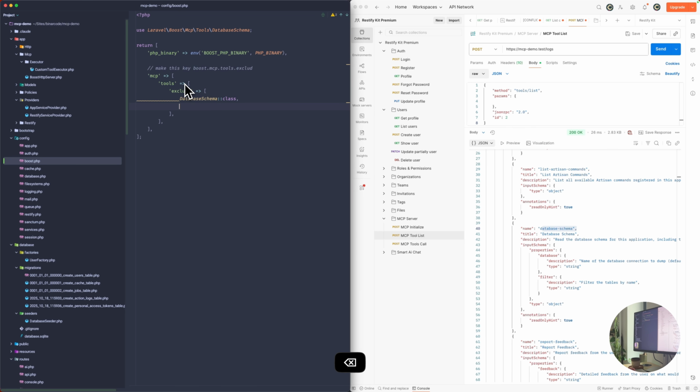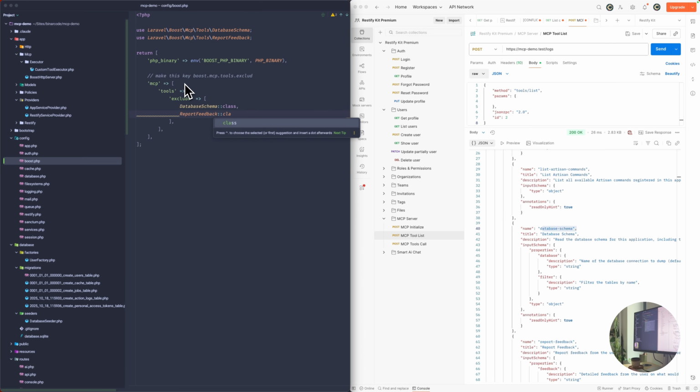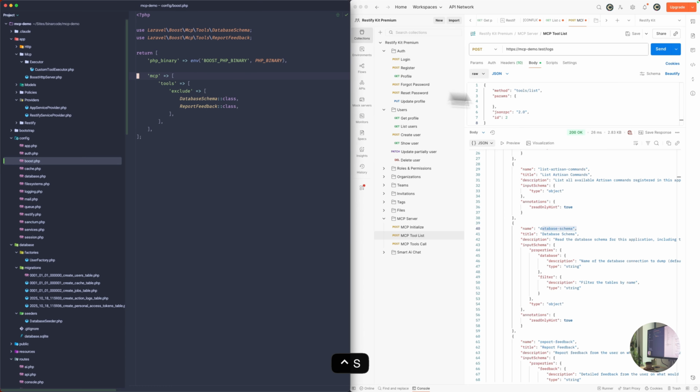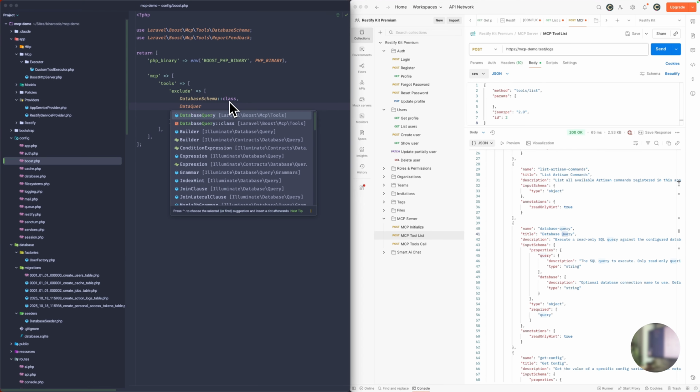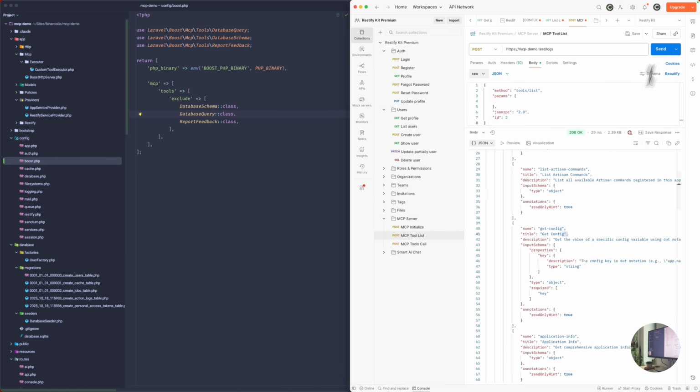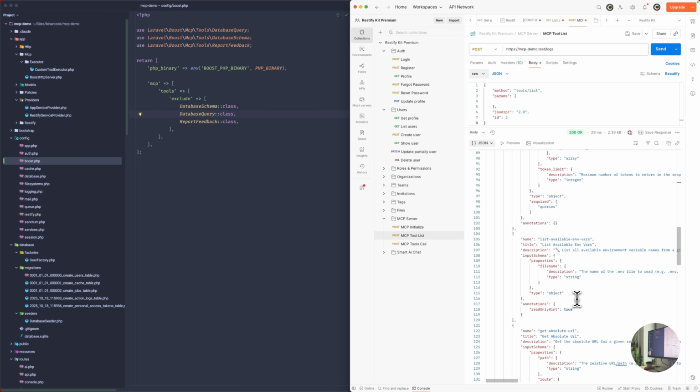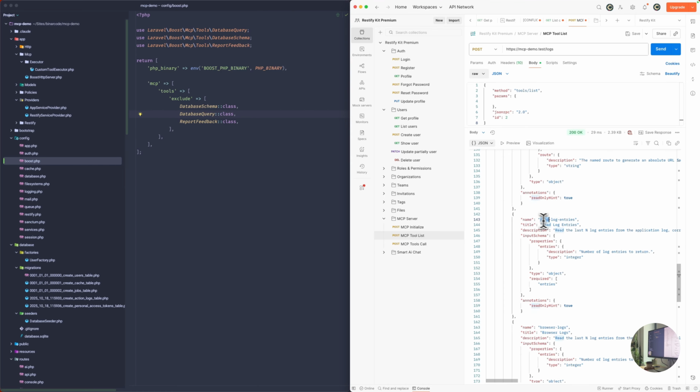I find it over there and exclude it. Also report feedback. I don't need this in HTTP. So now I don't have them, as well as database query. I think I can disable from production. That's it. But now you still have stuff like read logs,